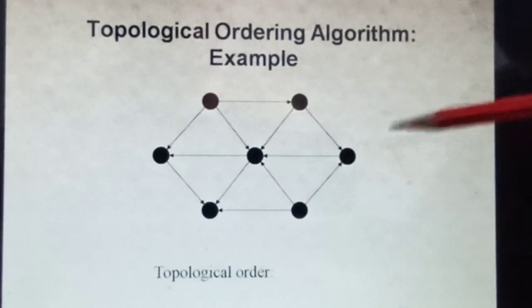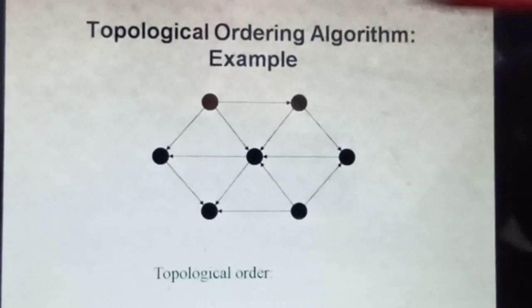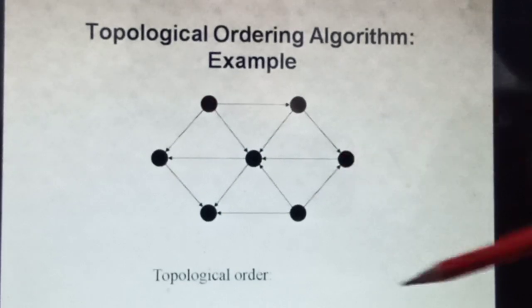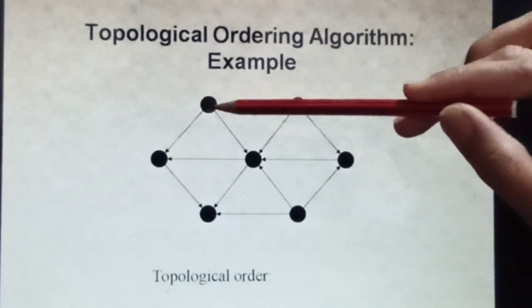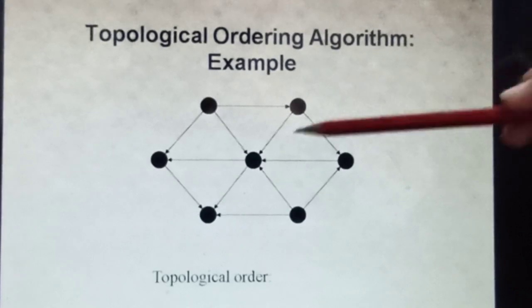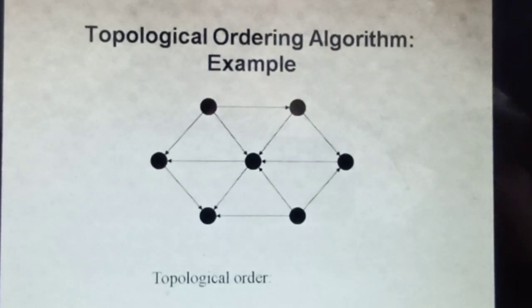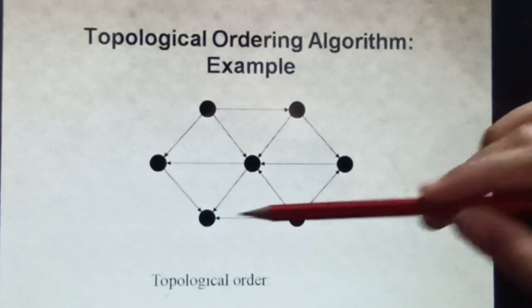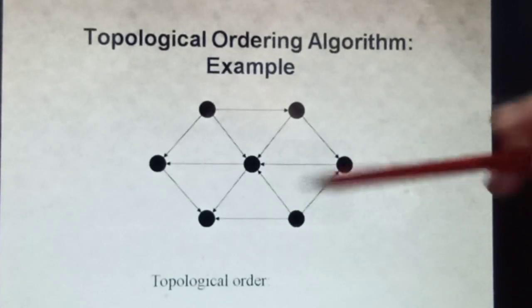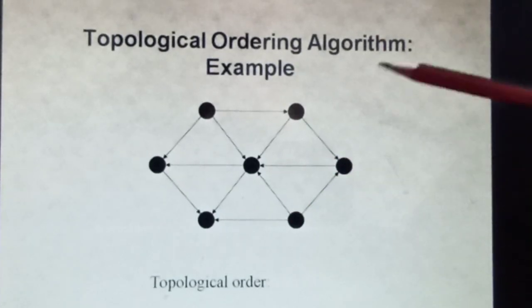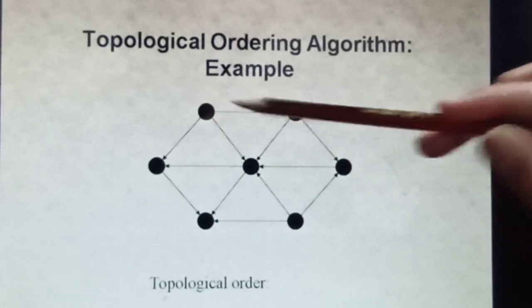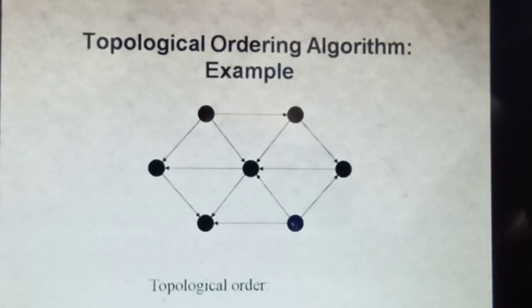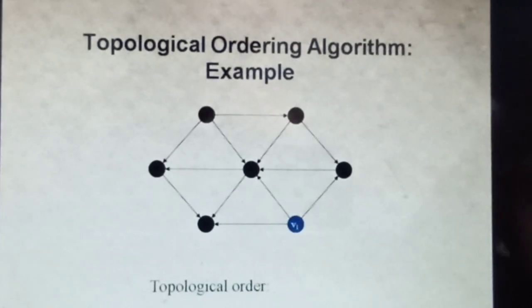Now from which vertex we have to start here? As I already told you, we have to start from any such vertex which has no incoming edges. So if you see, this is one vertex which has only outgoing edges. That means no incoming edge is present for this vertex. And this is the second vertex which again has only outgoing edges, no incoming edge. So we can start from either this vertex or this vertex. Okay. So we are going to start from this vertex.